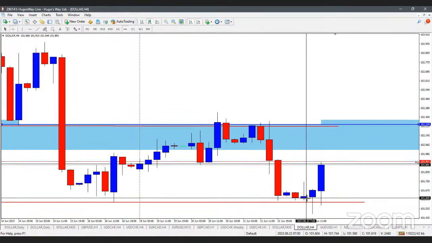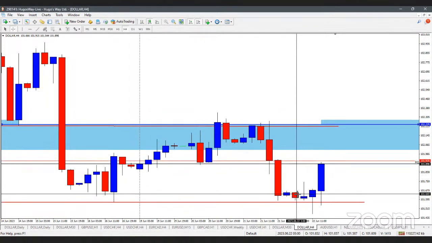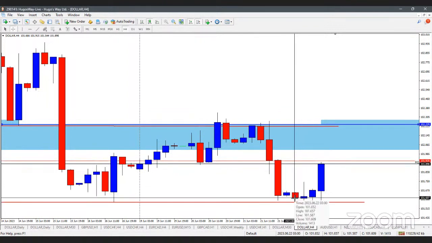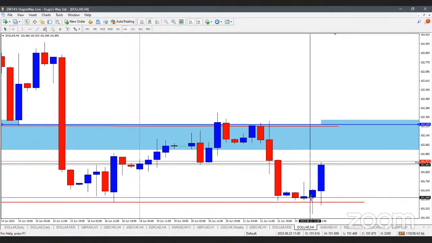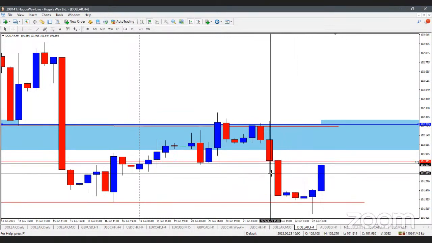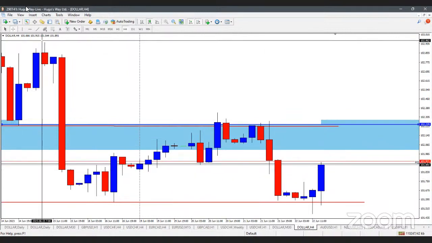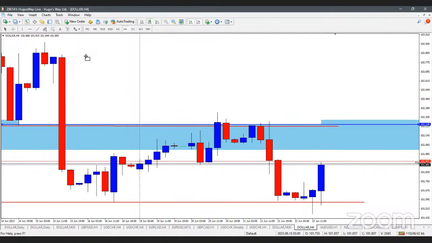If I take the low of this H4 candle here, that's 101,744. The low here is 101,587, and this one is 101,586. So they're one pip apart, or one micro pip apart. Basically equal lows, they just don't have exactly the same price point. Now that could have signaled a few things. First thing I want to recap is this.